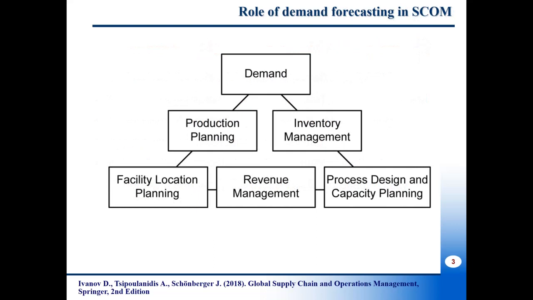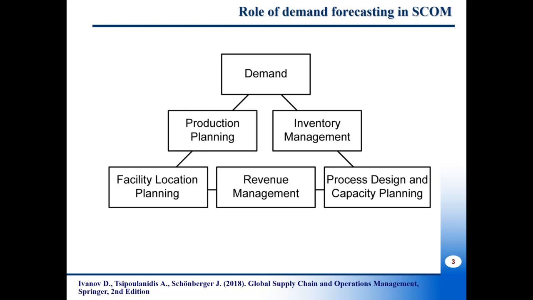Demand information in supply chain and operation management is needed for production planning, revenue management, and inventory management. Production planning uses demand information to make capacity decisions at minimum final product stock level. Inventory management needs demand information to decide on how much and when to order. Revenue management uses demand information to predict consumer behavior at the micro market levels and optimize product availability and price